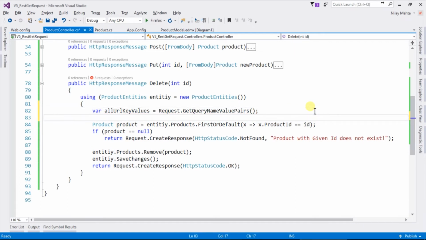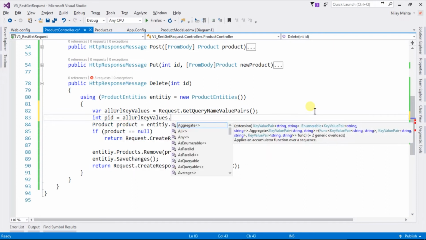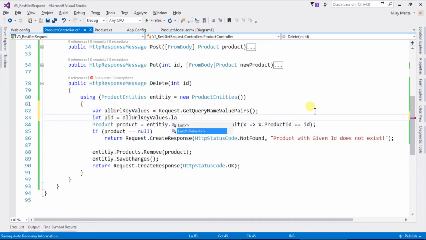From that we need to identify the specific ID, that is PID, which stands for product ID. allUrlKeyValues.LastOrDefault